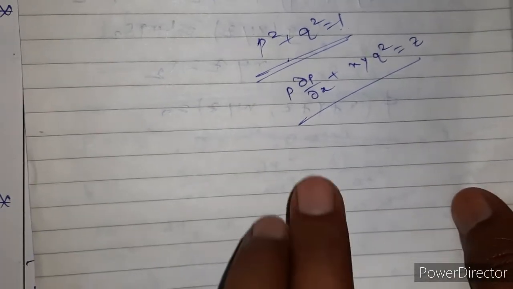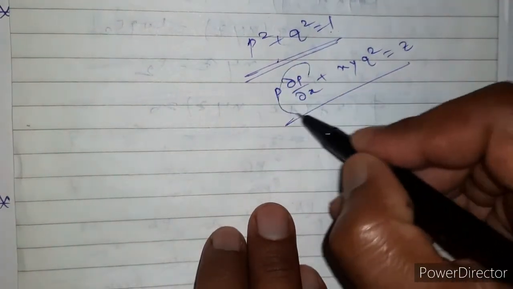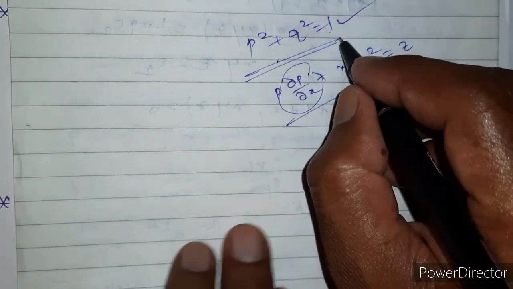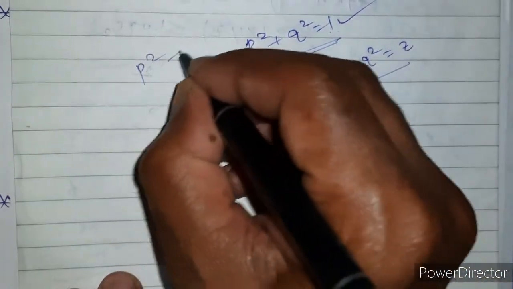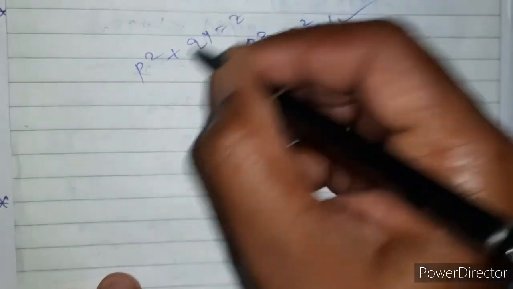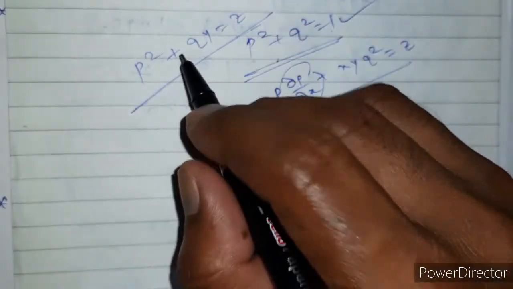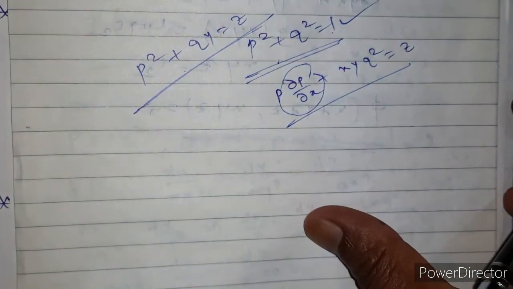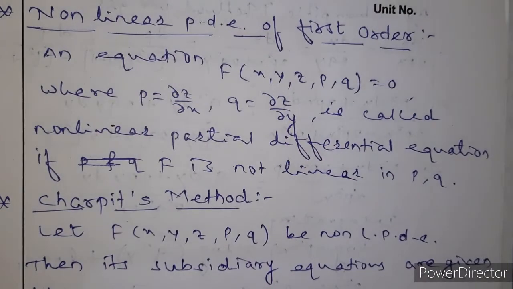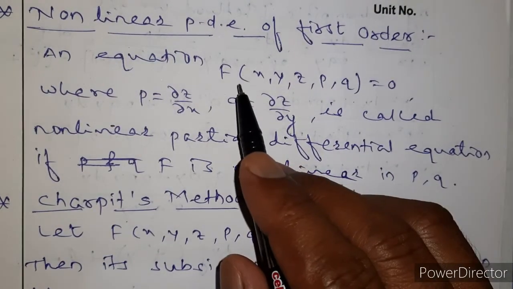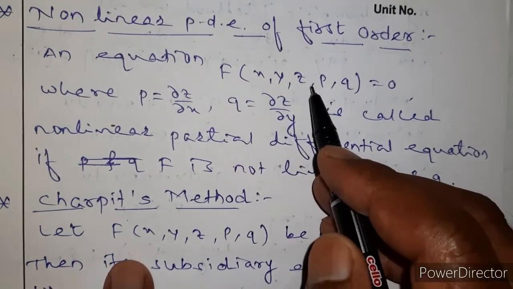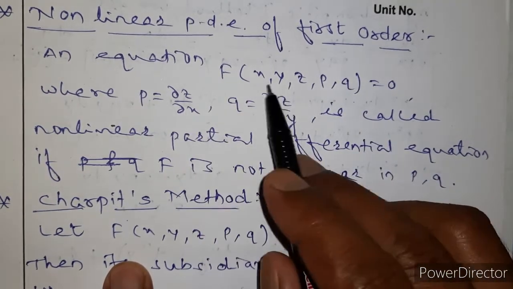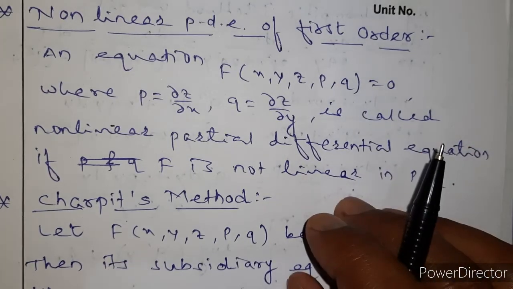Okay, so such equations, but it is of degree 2. We have to concentrate on degree 1. So this is a very good example. Or you may take p square plus qy is equal to z. This is also a first order non-linear differential equation. Understood? Okay. Now you may think why I write here F of x, y, z, p, q, because p and q always there, that are the derivatives, and x, y, z our variables, so we write in that way.